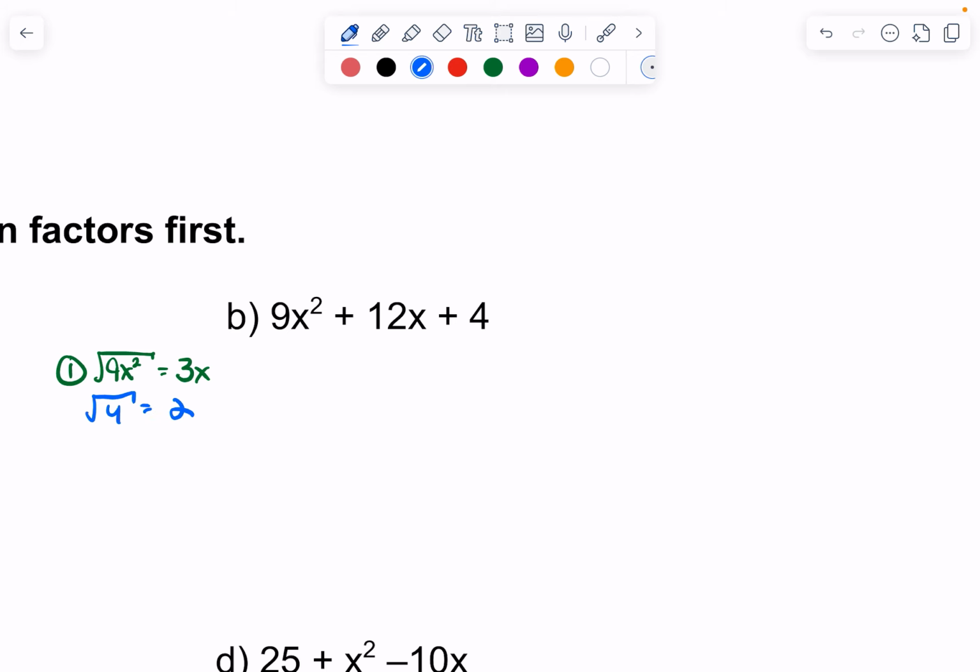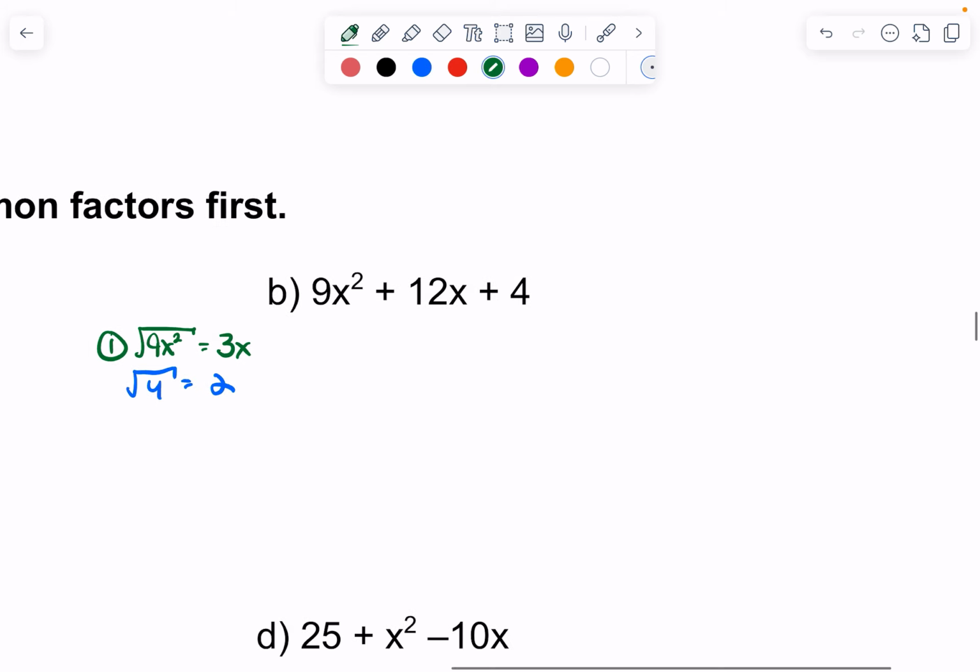It's 2. And then what happens when you take 3x, multiply it by 2, and then multiply it by that other 2? Well, in this case, you'll get 4 times 3x. You'll get 12x. And once again, yes, this and this are the same. So apply your formula. So, in this case,